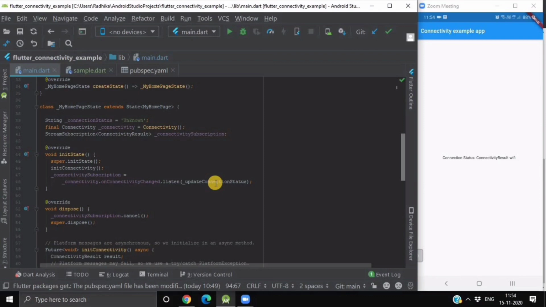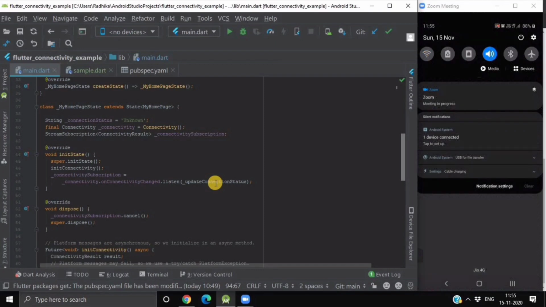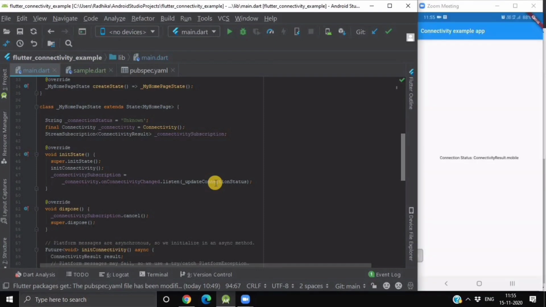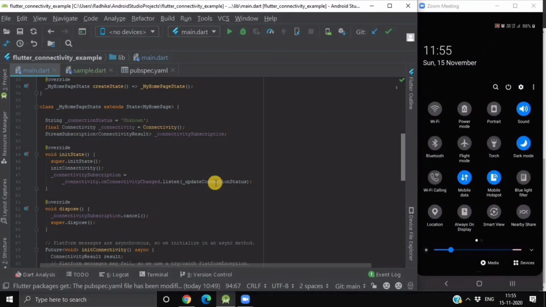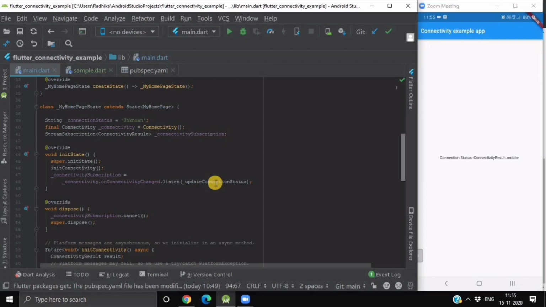After running this application, you might have such a screen on your device. If I switch off my Wi-Fi, you can see that now my connectivity result is mobile because my personal network is on. I can't show you ConnectivityResult.none because if I switch off my personal network also, then my connection will be lost and I won't be able to share my screen.